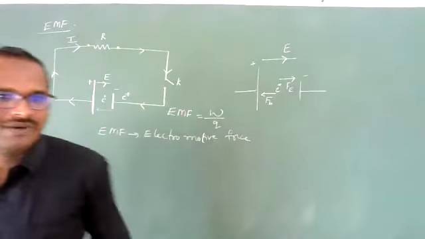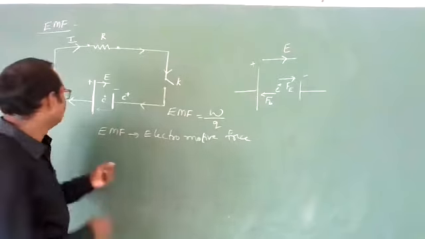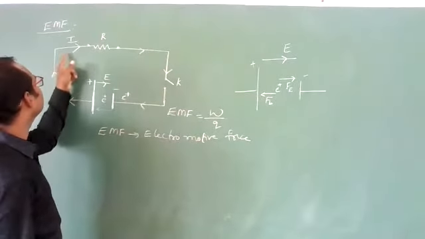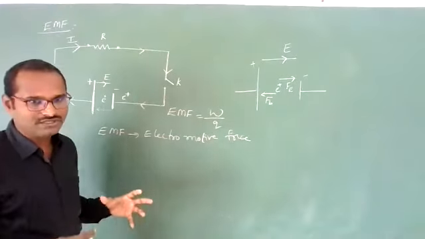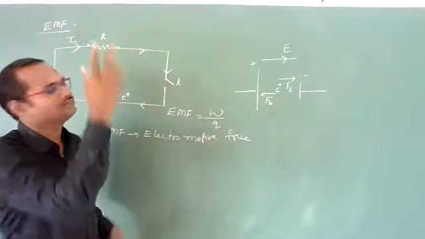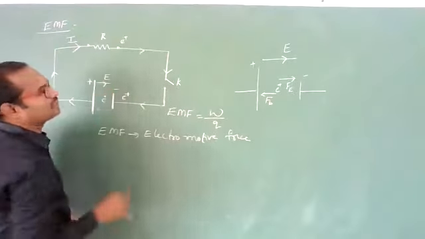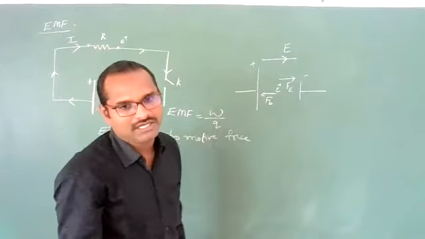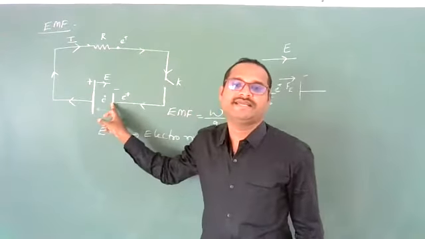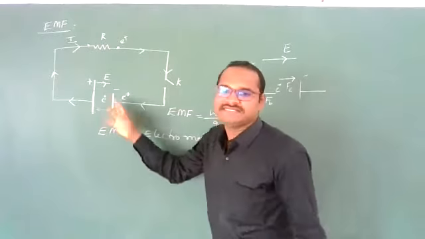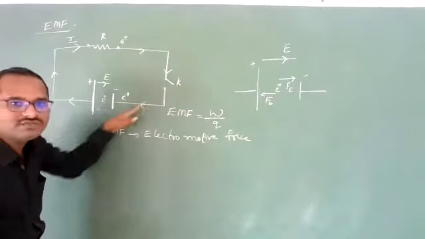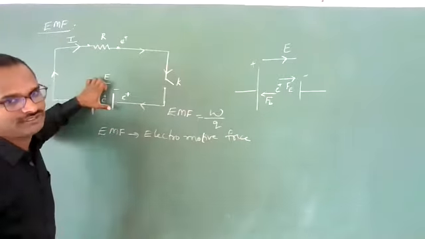Okay, students. See what happened. Once the electron, or a positive charge, one positive charge is there, the charged particle goes to the resistor with energy. It will give its total energy to that resistor. Imagine a fan. Now the fan will run. Now this charged particle will come here and become energyless. Again it will flow through this wire and come to the negative terminal of the battery. Again it will ask for energy, give me some energy. Again the battery will give energy to it. Again it will become energetic and go to the resistor. So in this way, the battery provides energy to the charged particle.